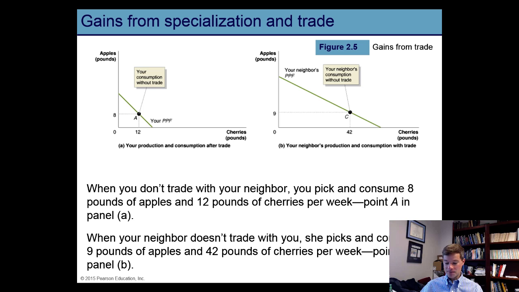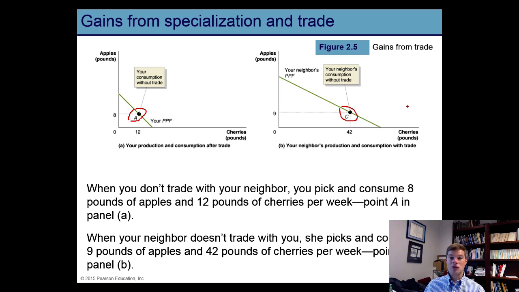In the diagram at the top of this slide, I'm going to assume that you are producing at point A, which corresponds to a point on your production possibilities frontier where you are picking 8 pounds of apples and 12 pounds of cherries. I'm going to assume your neighbor is at point C, picking 9 pounds of apples and 42 pounds of cherries. Without trade, this production level will also be your consumption level and your neighbor's consumption level,